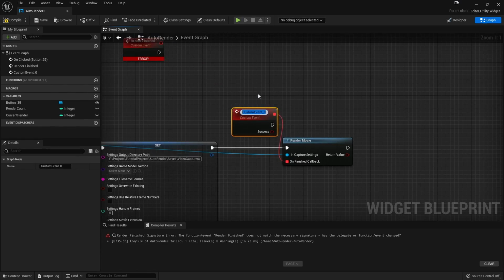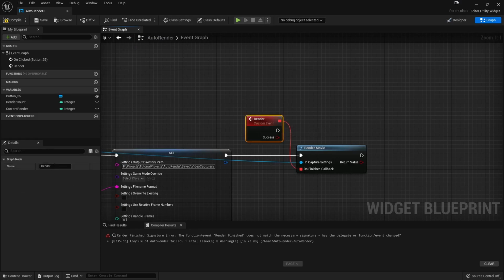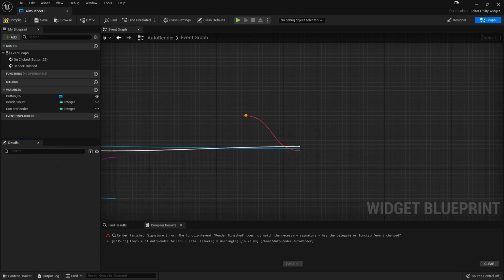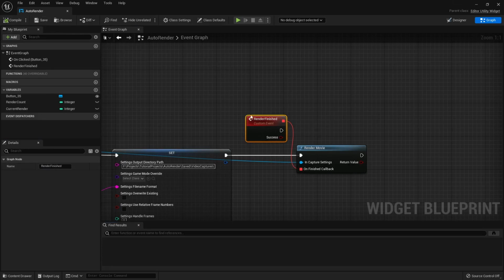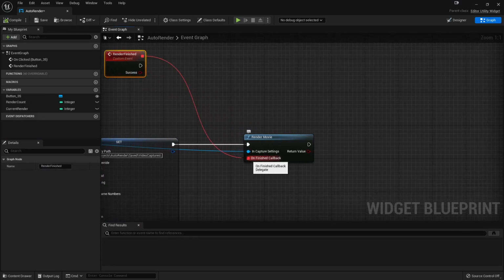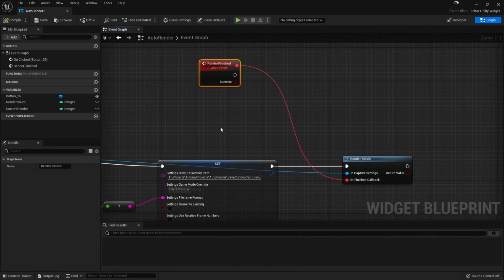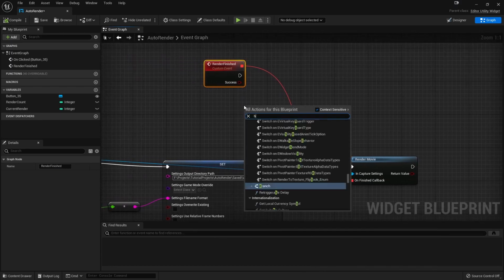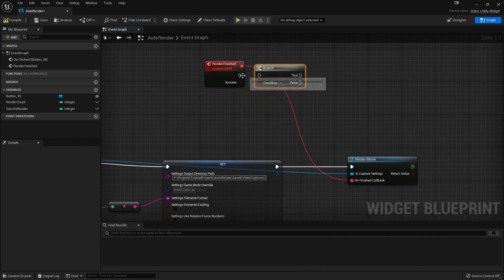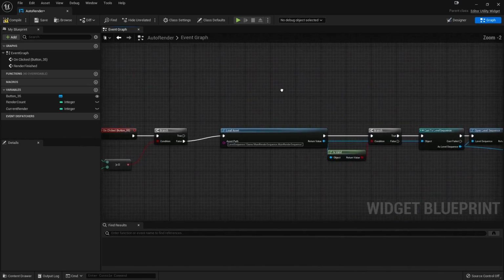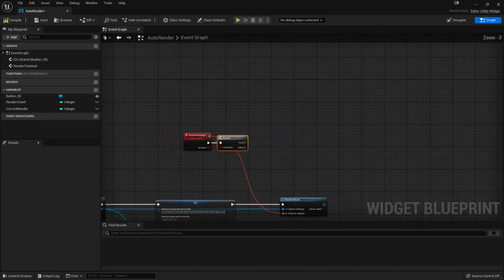Okay, I think this will work. Okay, it works. Yeah, I knew there was something with this, since you can't use custom event. So let's do this. If it's successful, we are gonna